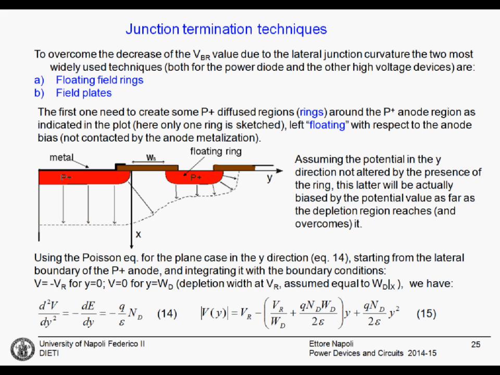If we assume that the potential lines in the y direction, the horizontal direction, are not altered by the presence of the ring, when the ring is not yet biased,